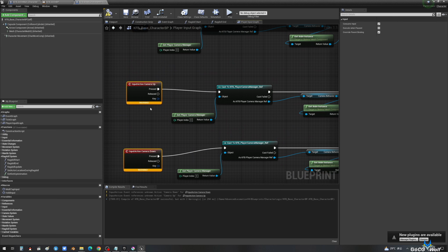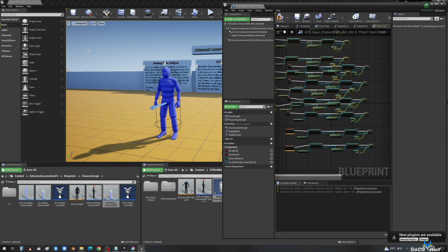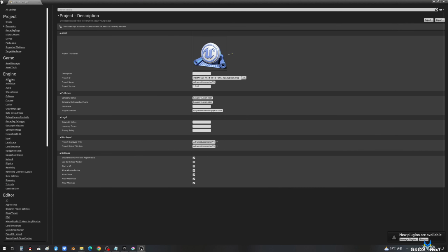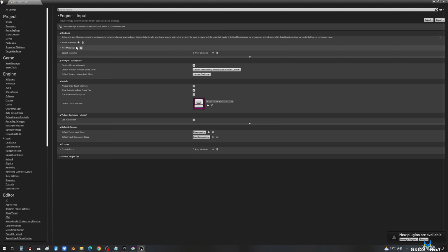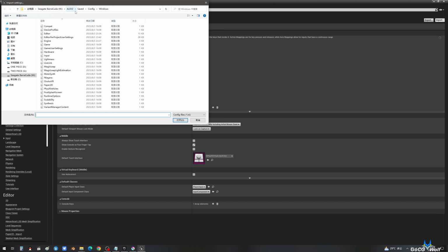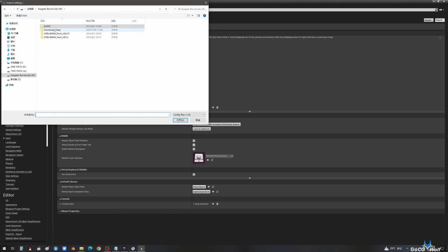Because these inputs haven't been created yet. Let's go to the project to create it first. Import it. In our KFB files, there's an input. Import it, and it'll be good to go.